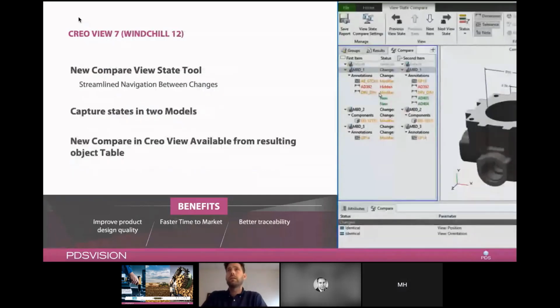I would also like to mention this. It's not directly related to Creo Parametric 8, but with the latest Creo View release and together with Windchill 12, we can start comparing combined states inside Windchill based on Creo View. So if you open two MBD models in the same session and start a comparing tool, we can see what kind of annotation element has been modified or hidden or new or deleted and so on. In a similar way as we compare a drawing, we can compare combined states to have a better traceability